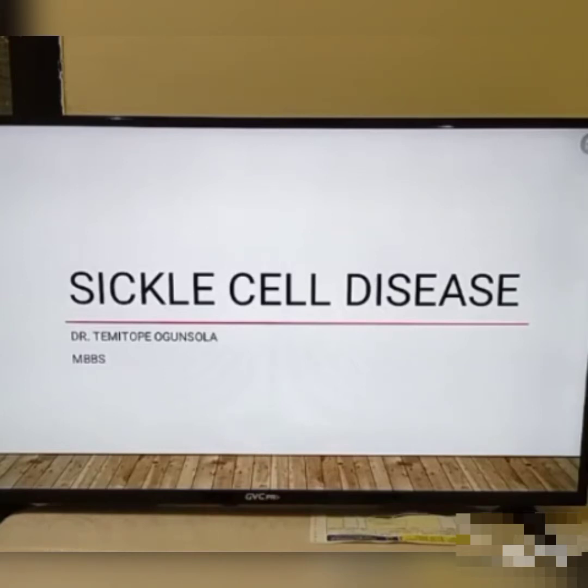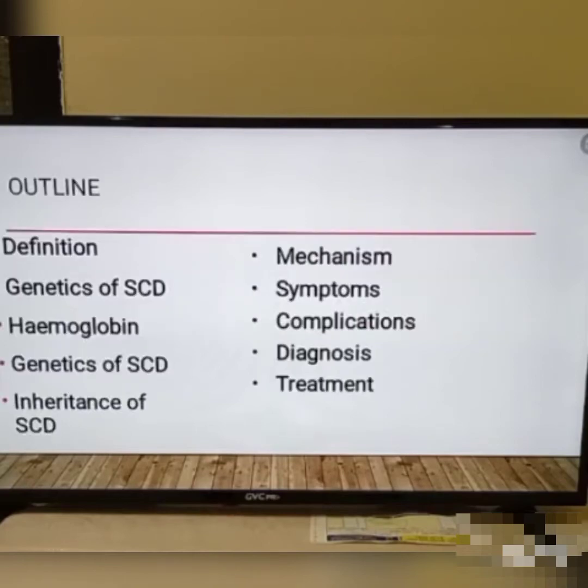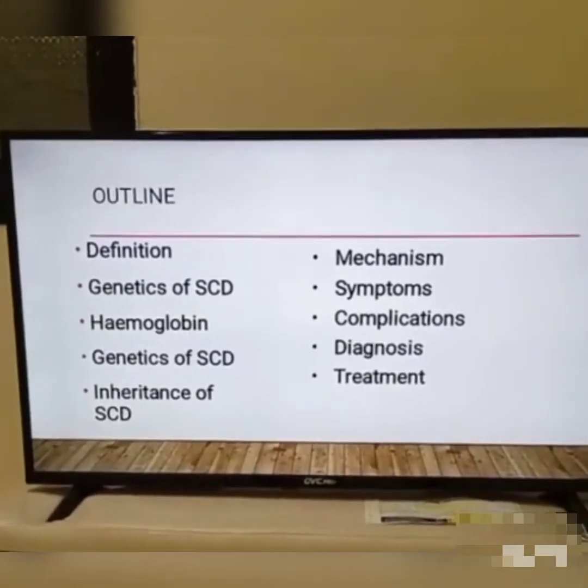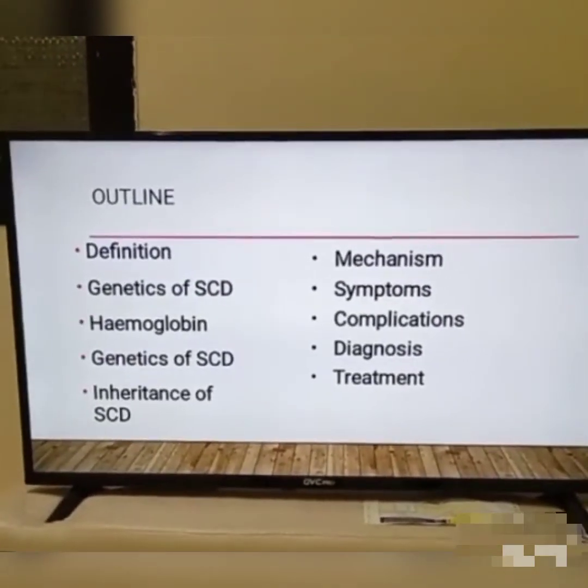And I'm sure by the time you're asking some questions, some other things will come up that I have not included in the presentation. So we're going to be looking at the outline this way. We're going to be looking at the definition, an introduction, the genetics. What is hemoglobin? We're talking about traits and inheritance. What's a disease carrier? What's a disease